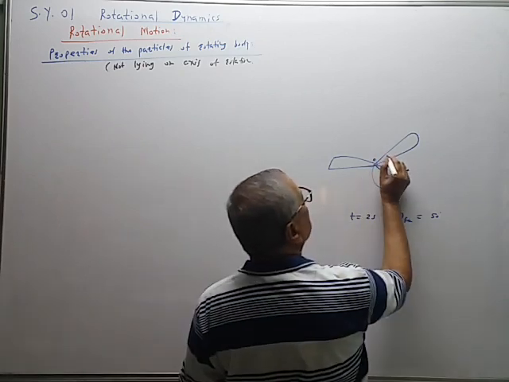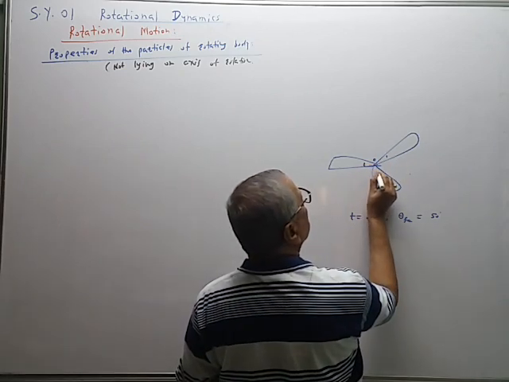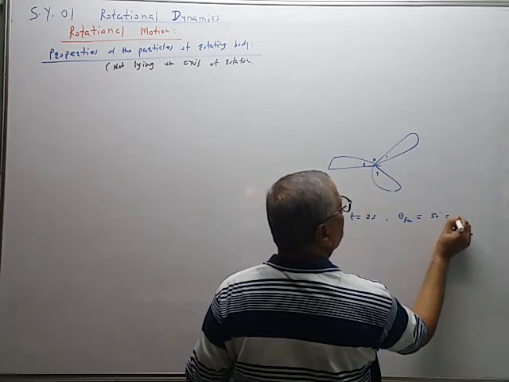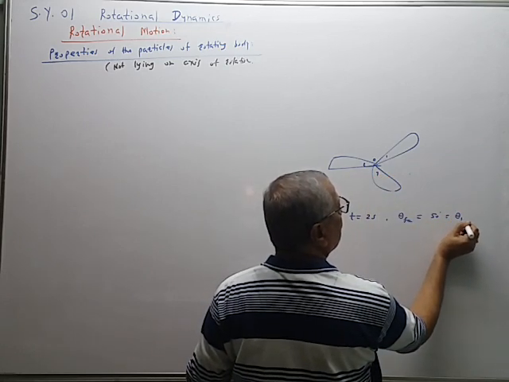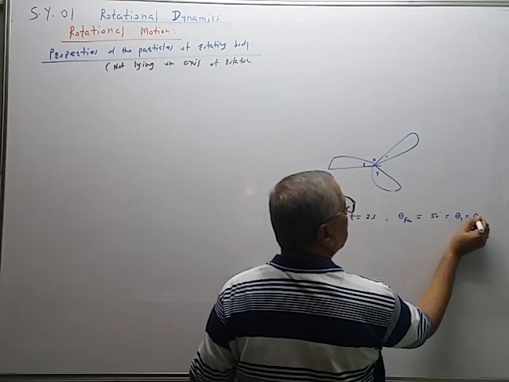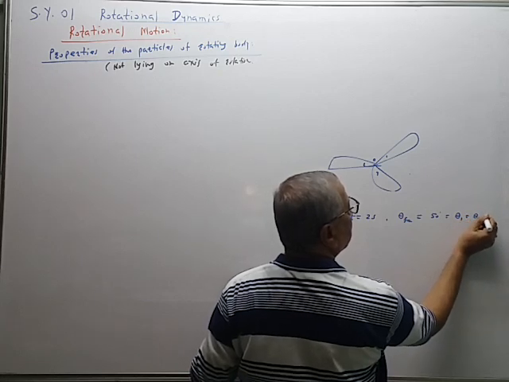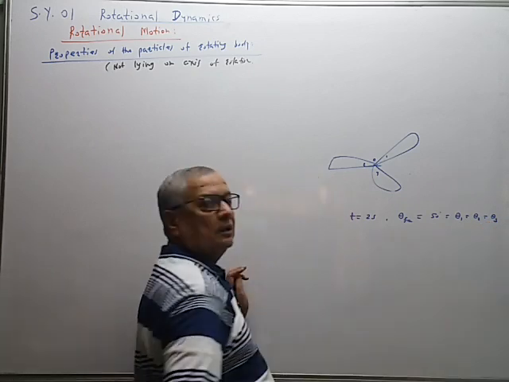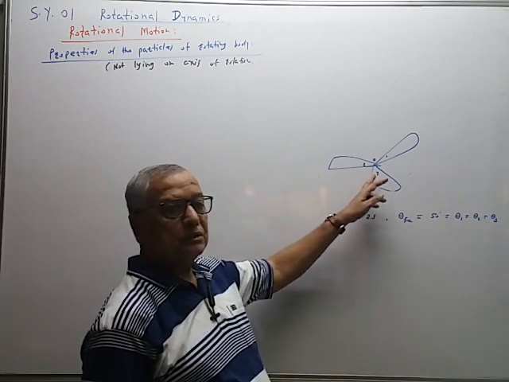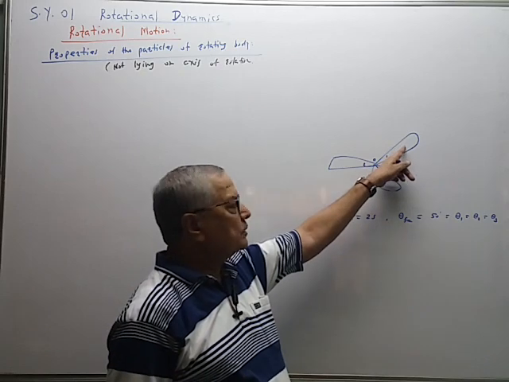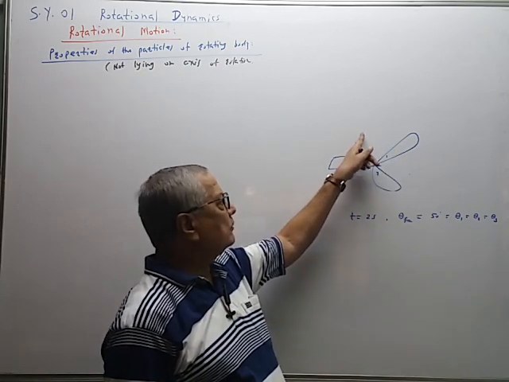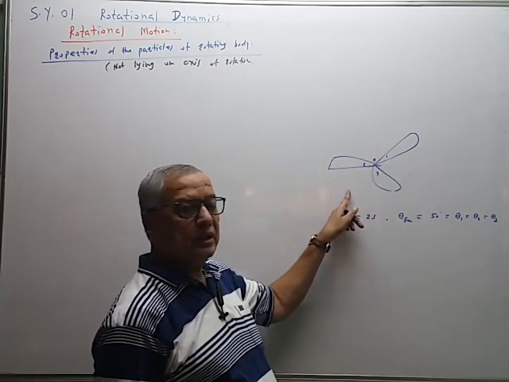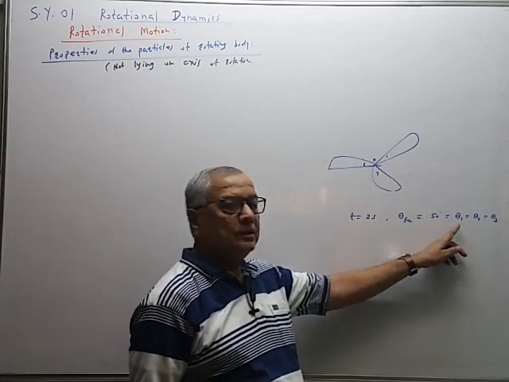Then what about blade number 1, blade number 2, blade number 3? Blade number 1 also rotates through 50 degrees. Blade number 2 of the fan also rotates through 50 degrees. Blade number 3 also rotates about the axis by the same angle. So this will rotate by 50 degrees and come here, this will also rotate through 50 degrees and come here like this. So this is the first property.